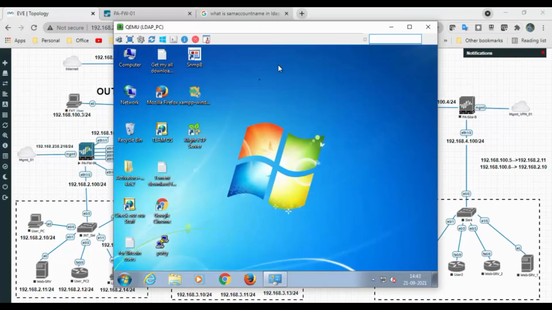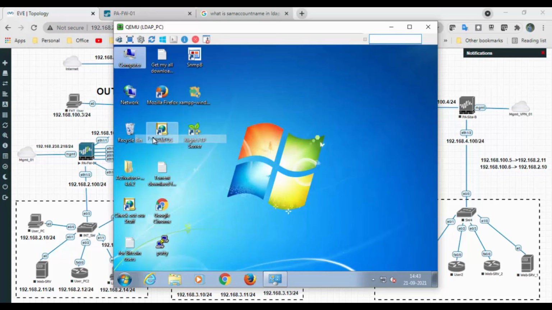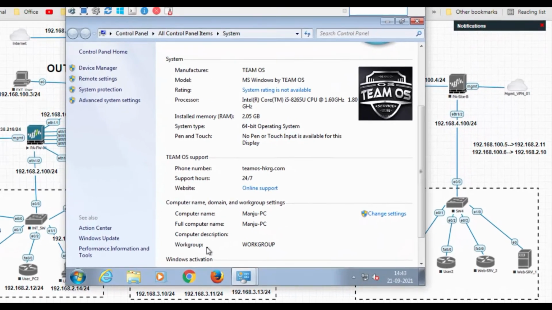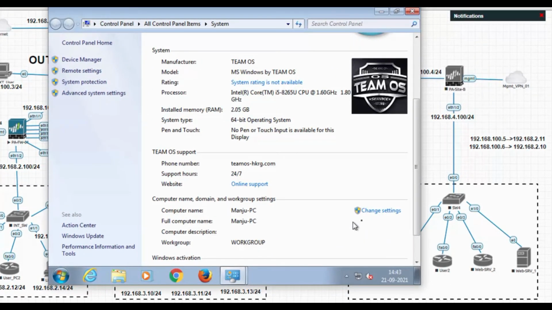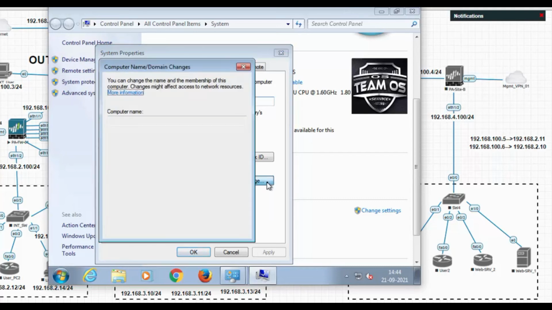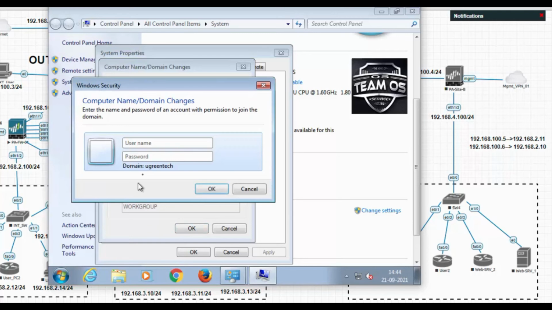So as of now, this PC is not in any domain. What we'll do is go to the computer, right click, and go to the properties. In that, come down and click change settings. The workgroup does not have any domain name, so we'll add it into the Ugreen Tech domain. After that, select the domain and provide the domain name, that is Ugreen Tech, and